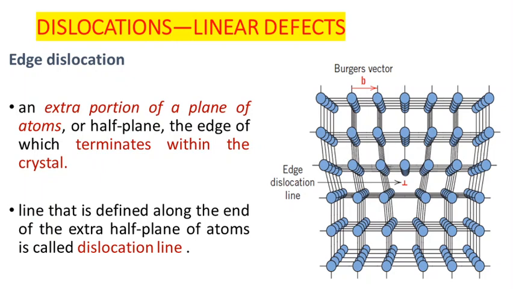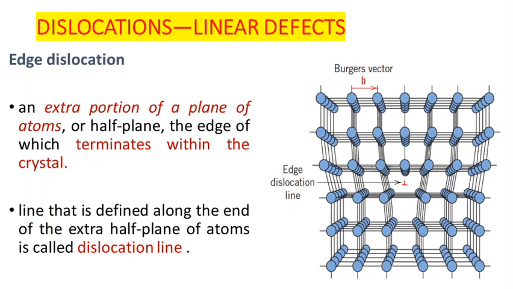ceramic materials, etc. In this session we will be discussing the second kind of defects, which is called one-dimensional defect, also called dislocation. Commonly it is called dislocations. One-dimensional defects are also called linear defects. Basically there are two types of dislocations or linear defects. The first one is edge dislocation and the second one is screw dislocation, or we can say edge line defect and screw line defect. As a third category we have the mixed defect, which is a combination of edge dislocation and screw dislocation.